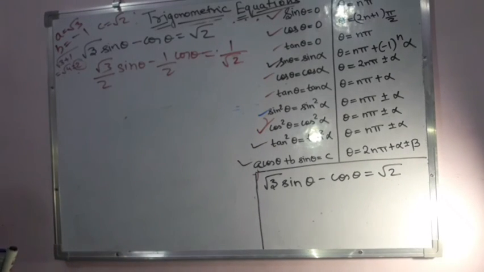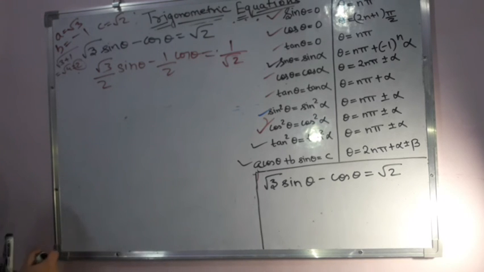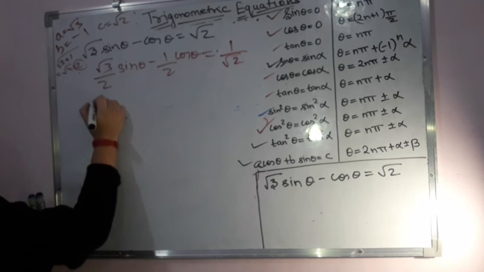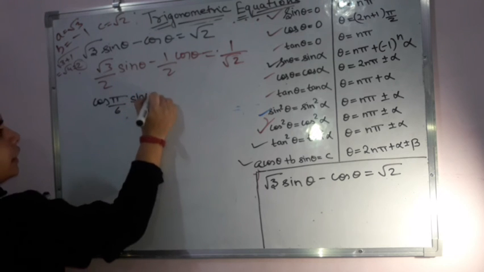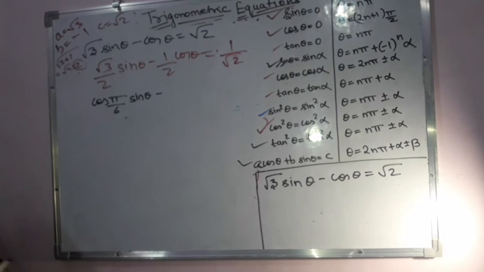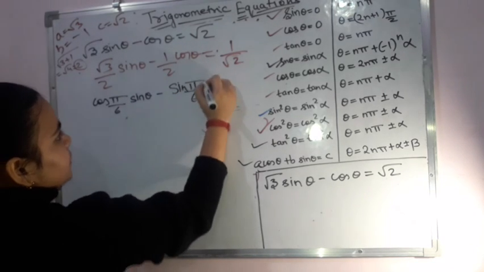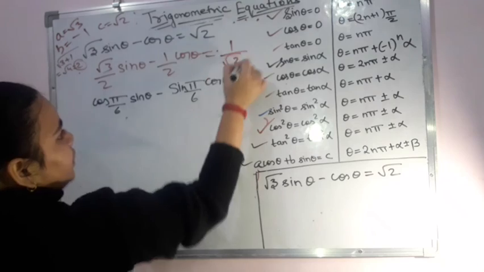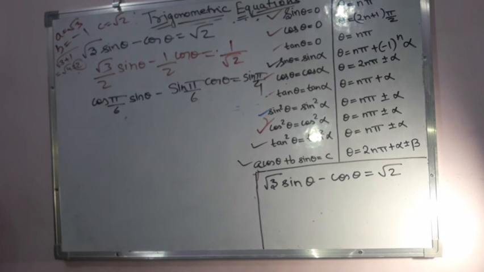Now you see, we'll write it in the form of pi angles. My root 3 by 2 is basically the value that I have for cos of 30 degrees. That means cos 30 degrees is cos of pi by 6. And for sin theta, minus 1 by 2 is what? 1 by 2 is the value of sin of 30 degrees, that is sin of pi by 6. And this is cos theta, and this is equal to sine of pi by 4, that is sine 45 degrees.